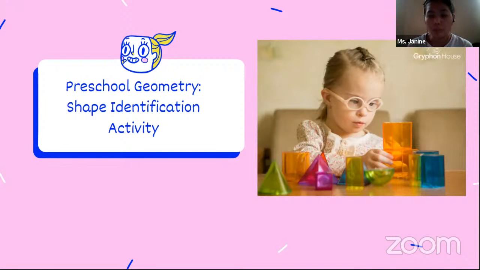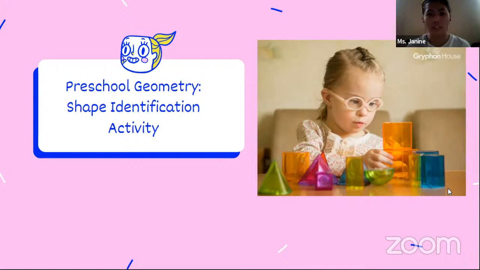So preschool geometry, especially when they're at home, right? They're very interested to go around their house and move. It's not always just sitting in the lesson and waiting for the teachers to teach. Let them at least explore their house. For sure, they will find something in the kitchen, in the bathroom, in the bedroom, etc. So let them explore. That is an example of a shape identification activity.